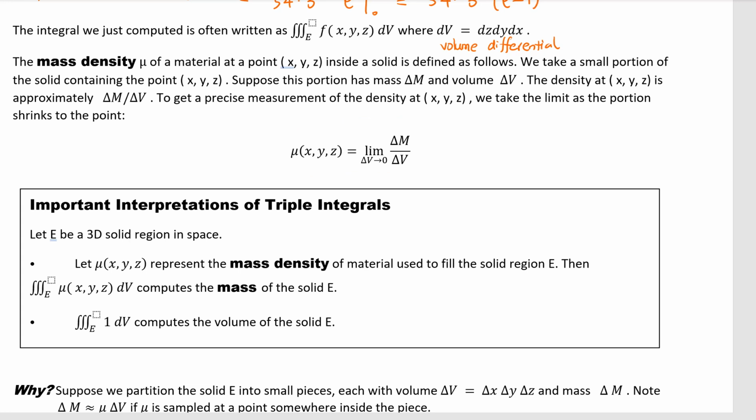Important interpretation of the triple integral. Let E be a three-dimensional solid region in space. Let mu represent the mass density of the material used to fill the solid region E. Then the triple integral of mu computes the mass of the solid E. Okay? If the density is always 1 throughout the solid, then the triple integral just gives us the volume of the solid. Okay? So I want to remind you,